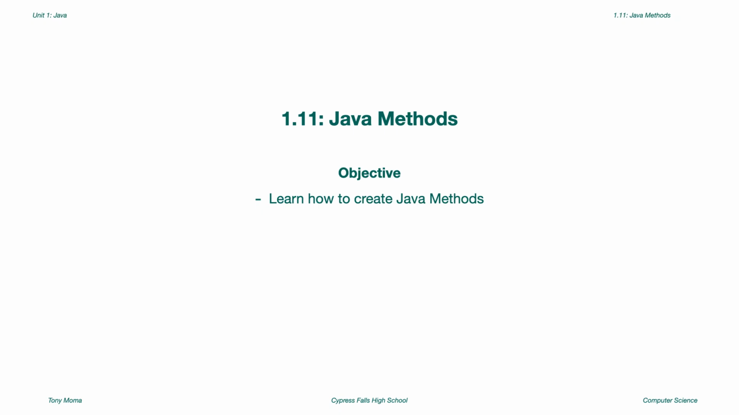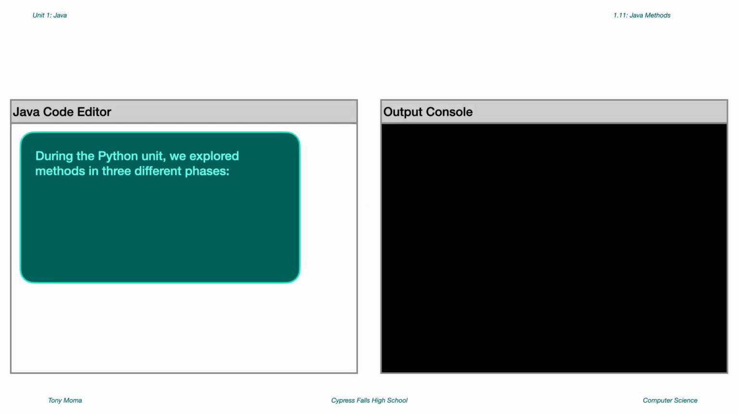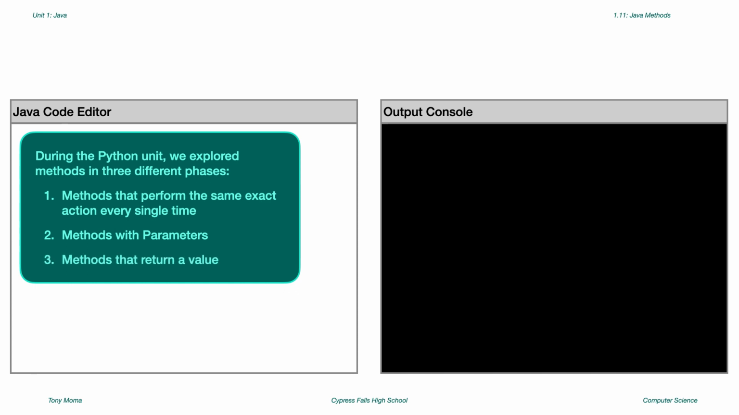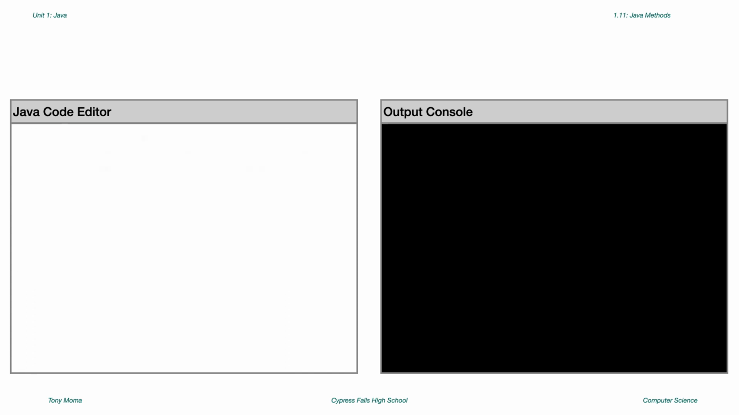Java methods. In this video, we will learn how to create Java methods. During the Python unit, we explored Python methods in 3 different phases. We first explored methods that perform the same exact action every single time. Then we introduced methods with parameters. And then finally, we introduced methods that return a value. In this video, we're going to do the same exact thing, but we're going to do so using the Java